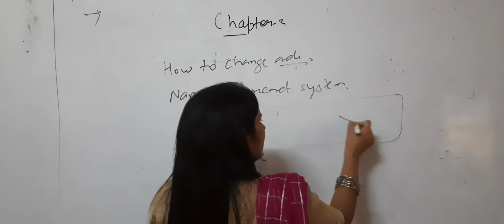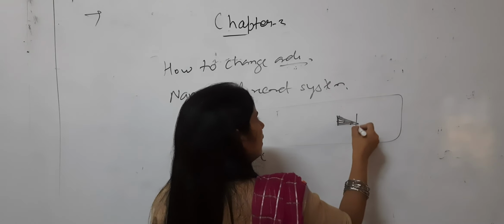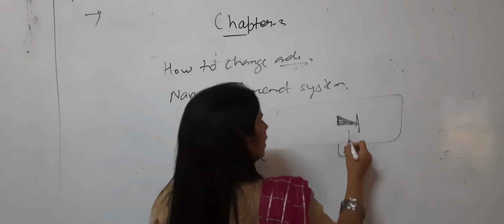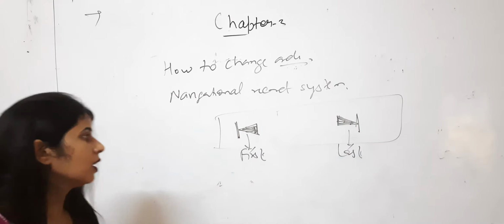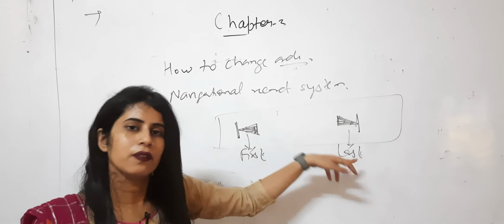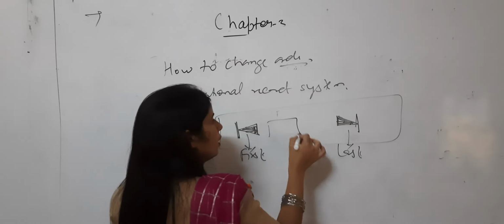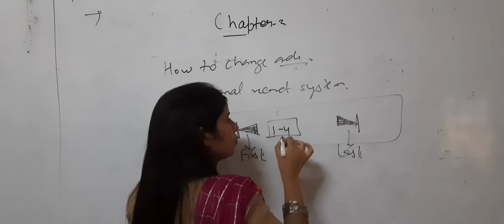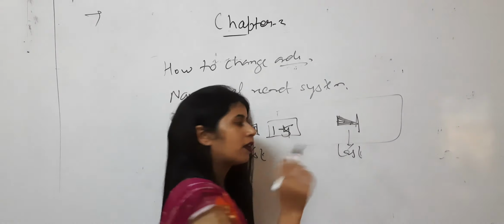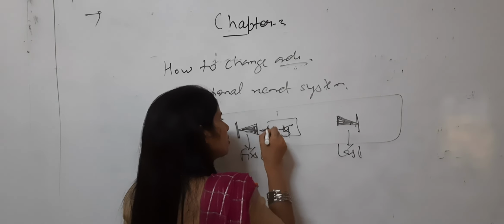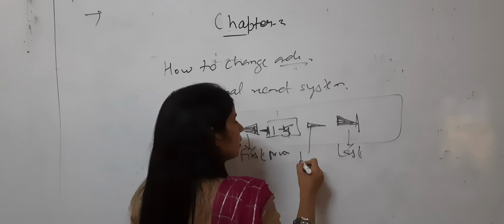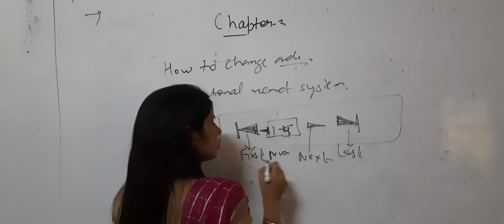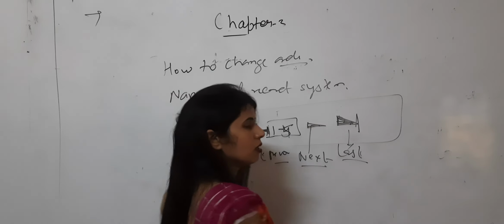Then it is the last. It will show you the last record. Suppose you have five records there. You will go to the first with the help of this, and you will go to the fifth one with the help of this. After this, here you will find the numbering, suppose 1 to 5. Here you will find the option previous, and here the option next. First, previous, next, last.